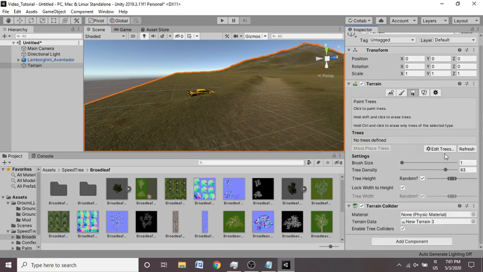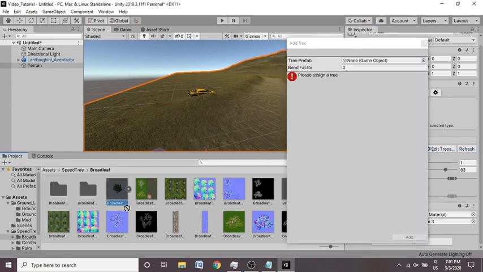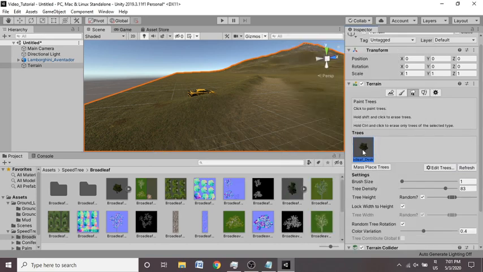Remove tree. Okay, so for adding a tree on the terrain, you have to click on edit trees and add tree, and you can just drag this tree and drop it inside the tree column and just hit add. Just like that, you can see the tree here. Now if you decrease the size of the brush to 1 or whatever you want, you can just start drawing